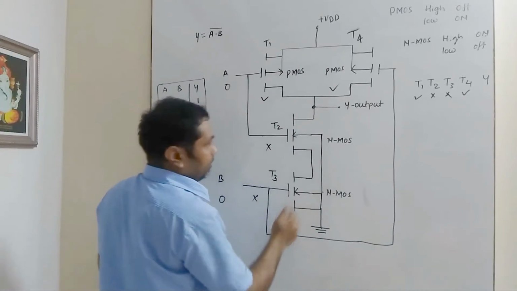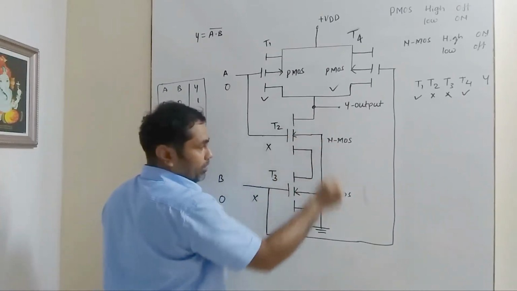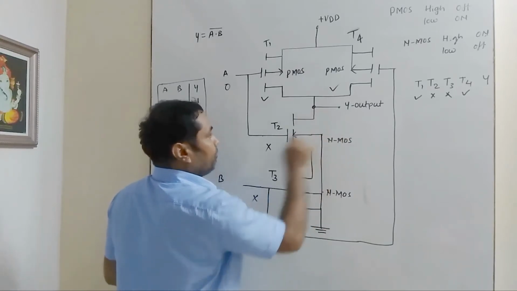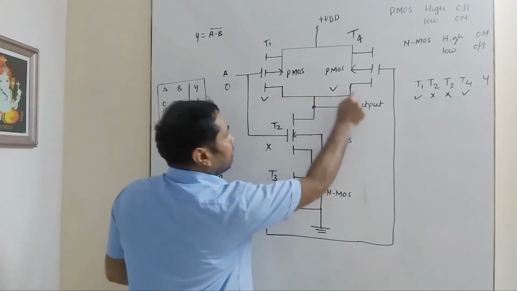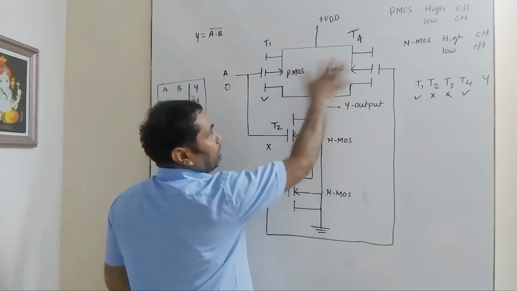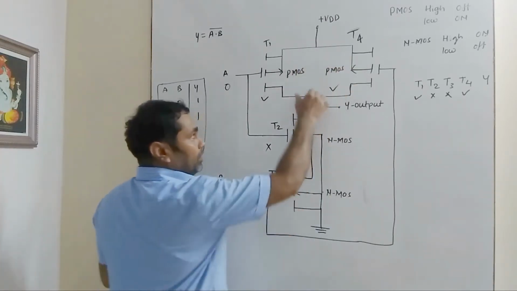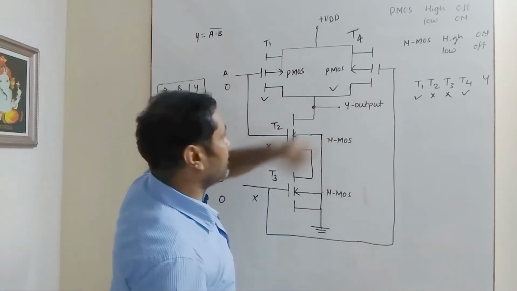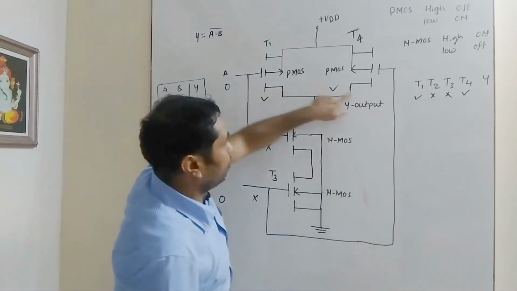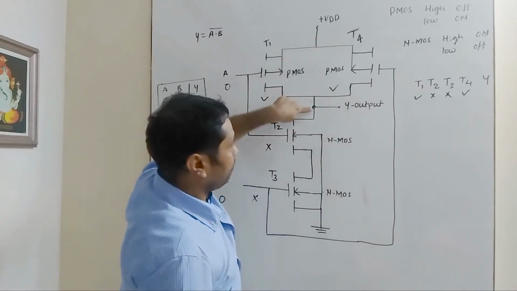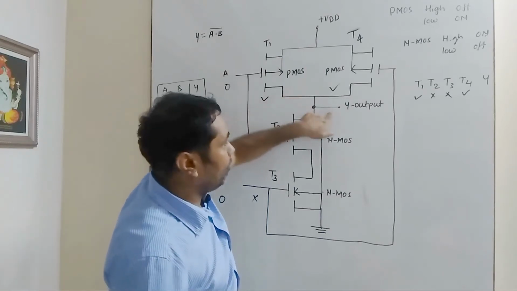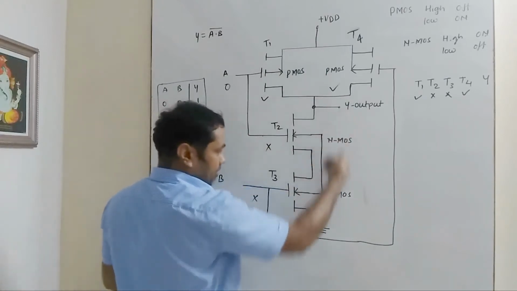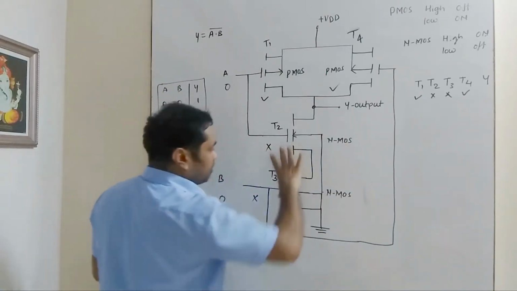In the series connection, both the NMOS are connected in series, but here the drain of T2 is connected to the common connection of the drains of both T4 and T1. So drains and drains are both connected here. Now back to this. In this, both the switches are turned on, so current can easily be obtained at the Y output.